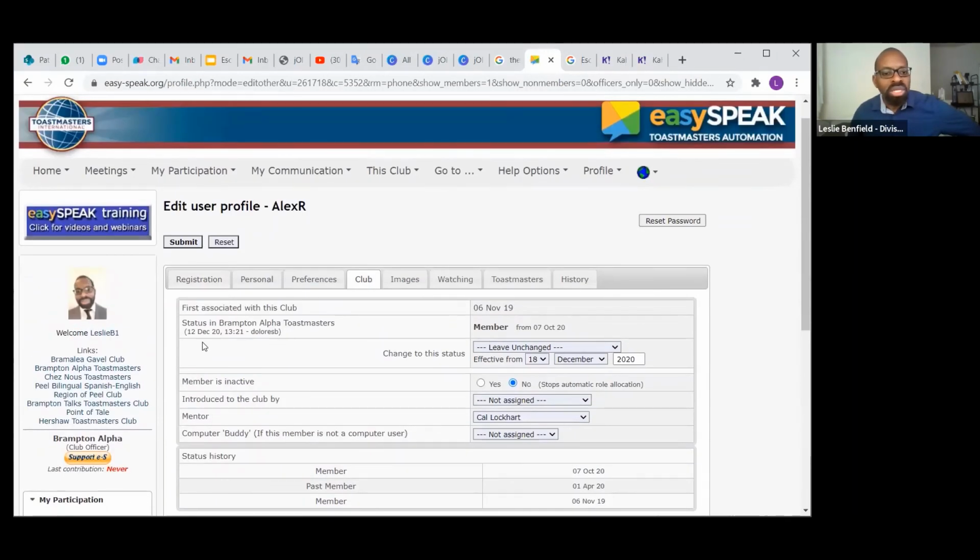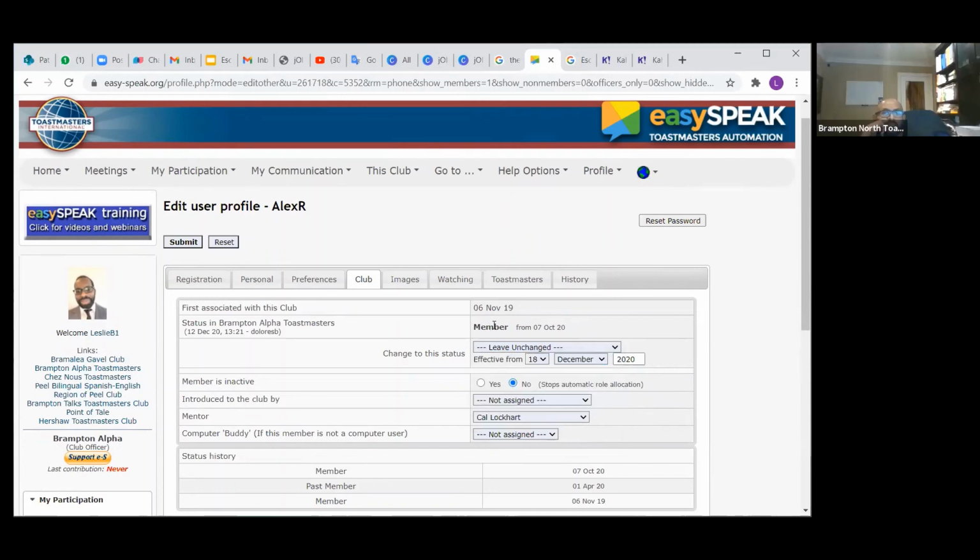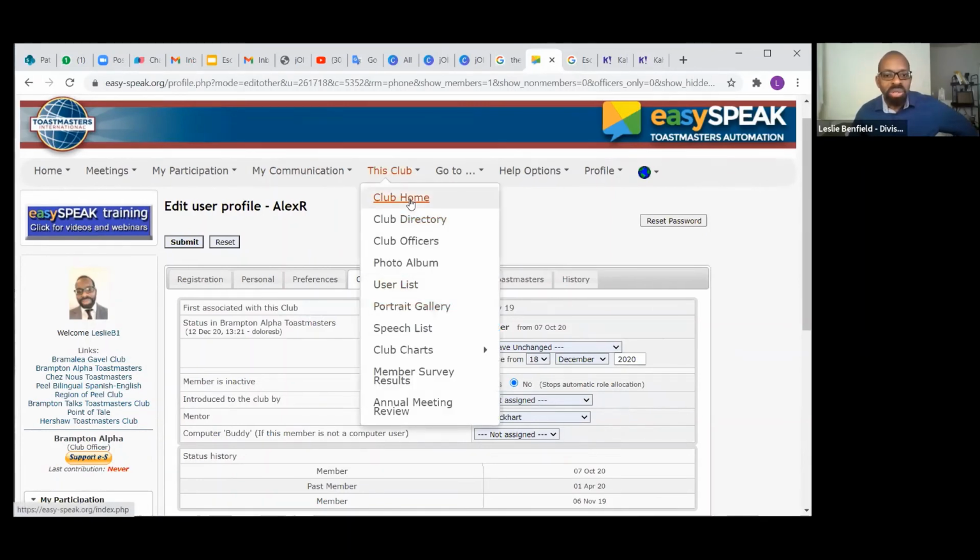So here you can see change of status, and you can say this person is no longer a member, this is an inactive member, or they're a visitor now, or maybe it was a visitor initially and the person signed up, so now you change them from visitor to a member. All right, so that's the current state, and you can change it to something else. So that's more. Let me show you that one last chart, which is